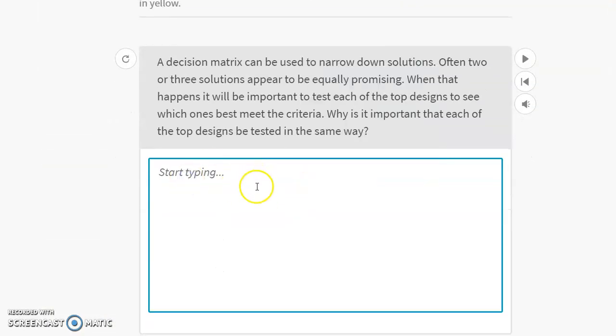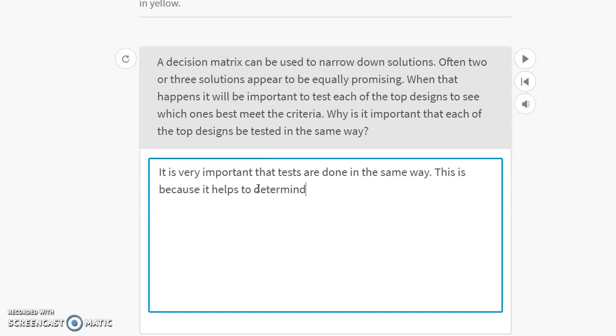Often 2 or 3 solutions appear to be equally promising. When that happens, it's important to test each design. Why is it important that each of the top designs be tested the same way? Okay, it is very important that tests are done in the same way. This is because it helps to determine the answer to the exact problem being asked. It shows the best solution